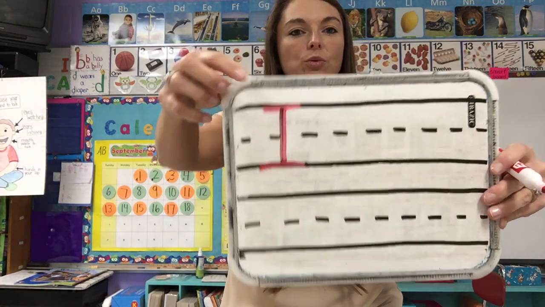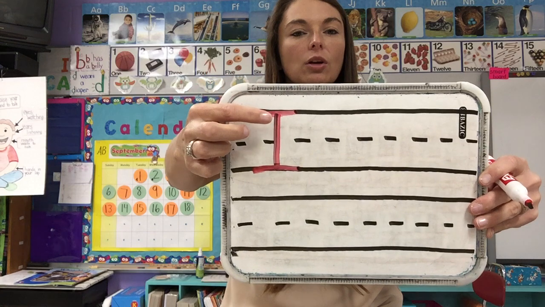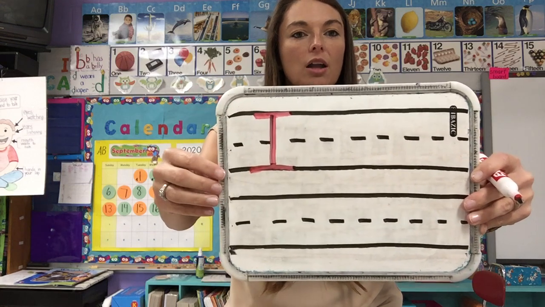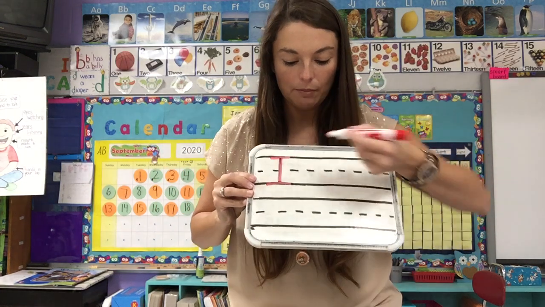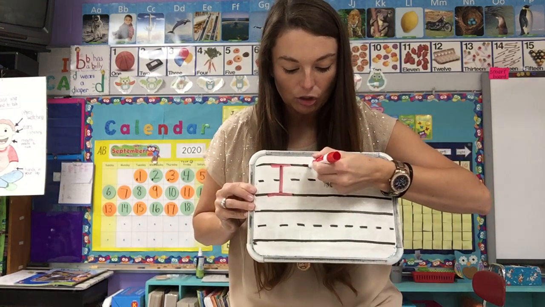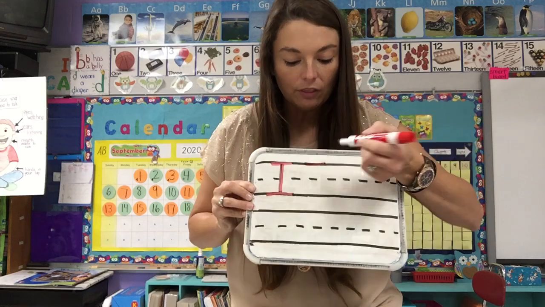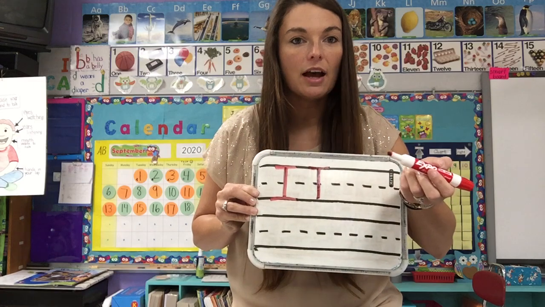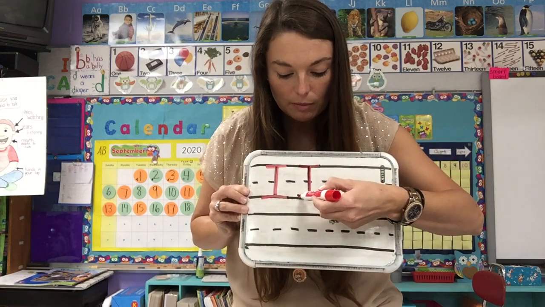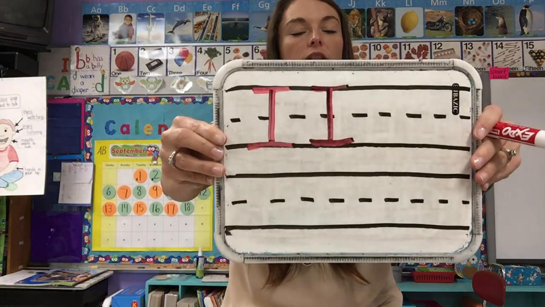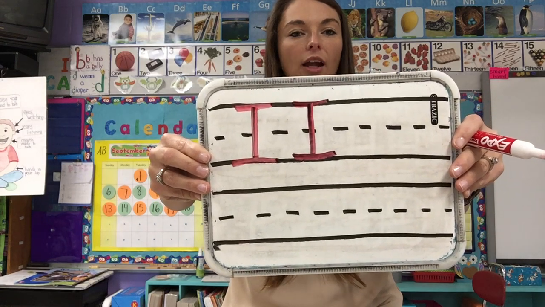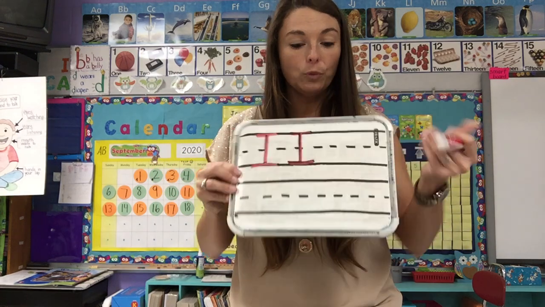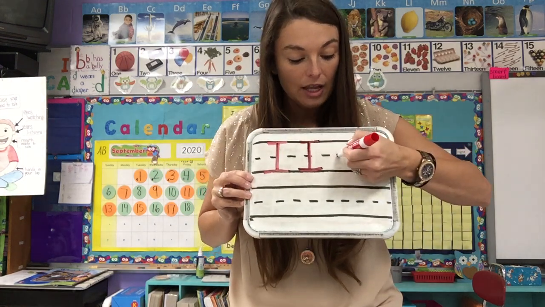So 3 lines. We're going across the top, go down from top to bottom in the middle, and then across on the bottom line. So one more time, I'm starting at the top, making a line across the top, then going to the middle of that line and going from top to bottom, going down a straight line, and then I'm going across the bottom line to do the bottom of my letter I. Okay? Very easy.